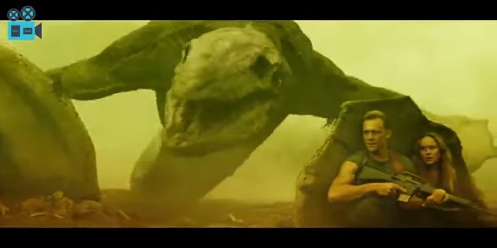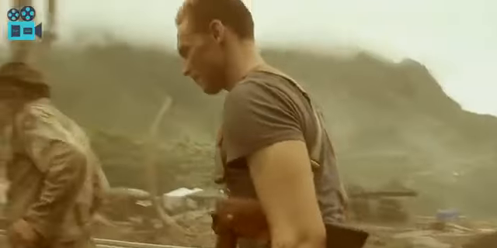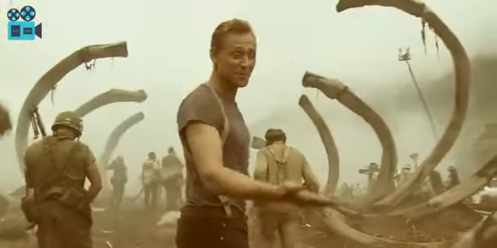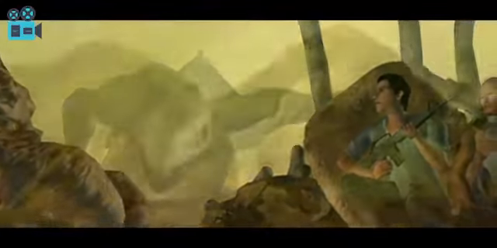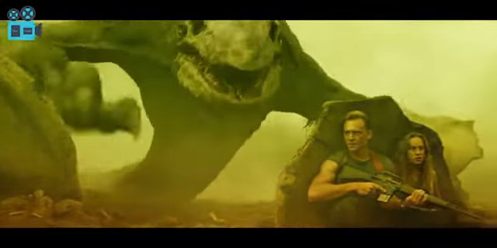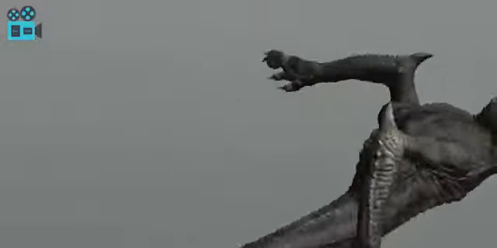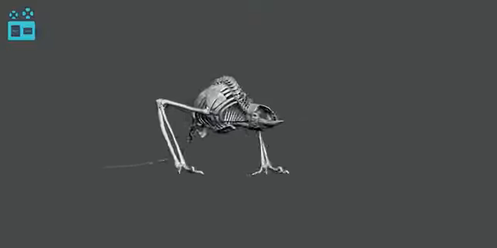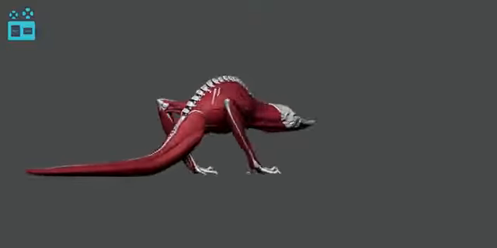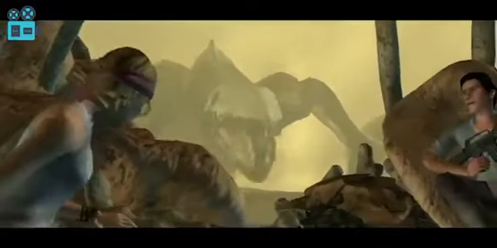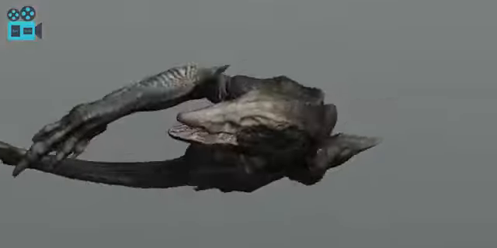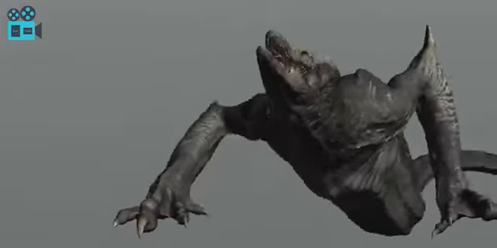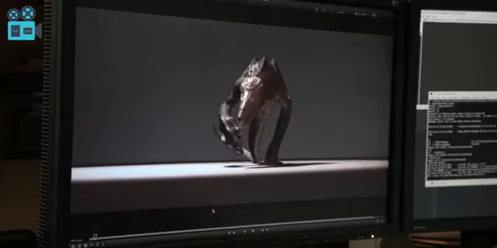To set the scene, the production team first built a practical set featuring skeletal remains and debris. However, most of what audiences see on screen, like the Skullcrawler and its attack, was digitally created. The Skullcrawler itself was, to no surprise of anyone, completely CGI. Artists first developed a wireframe model, ensuring that its skeletal structure matched its aggressive snake-like movements. Layers of muscle mass, skin textures, and reflective lighting were then applied to bring it to life. The creature's movements were animated with a blend of keyframe animation and motion capture to make it feel organic and